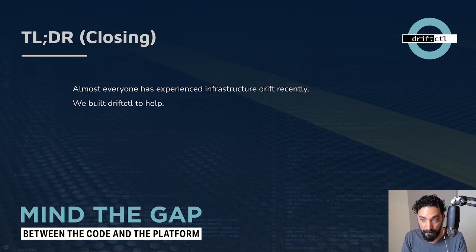So yeah, you can read the list. If you go to docs.driftctl.com/something, you have the list of all the services and resources that are supported. We add them all the time. For the past 2 months, not many resources were added because we went through a major rewrite under the hood. So it's somehow